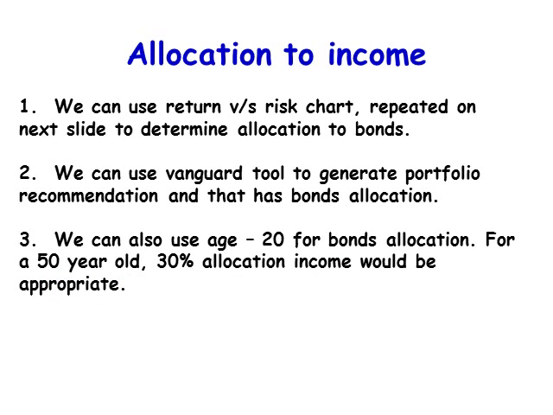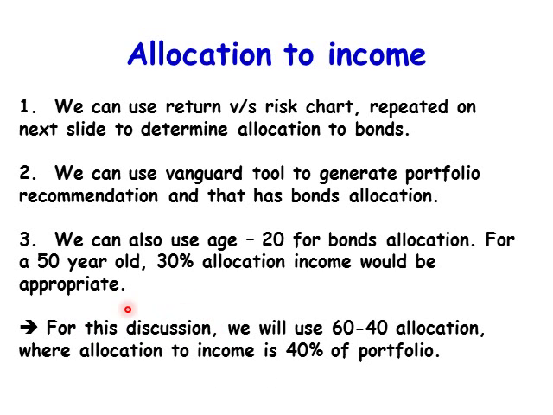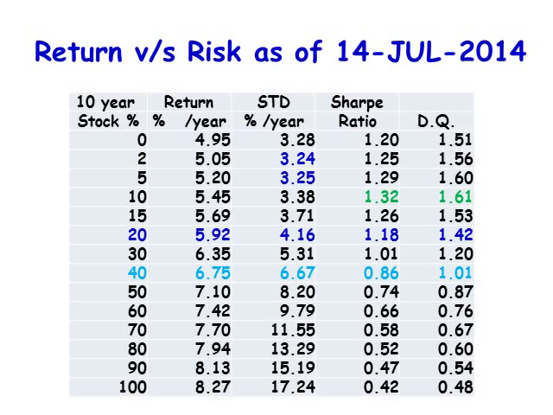You can use another allocation, okay, you are comfortable with. Okay, let's continue. For this discussion, we will use a 60-40 allocation, where allocation to income is 40% and that to equities is 60%. Let's continue from here. Here's the table I've been talking about, and the first column is allocation to stocks as a percentage, and bonds are 100% minus this number here. And here's the return percent per year, and here's the standard deviation of return percent per year, and these are 10-year based numbers,